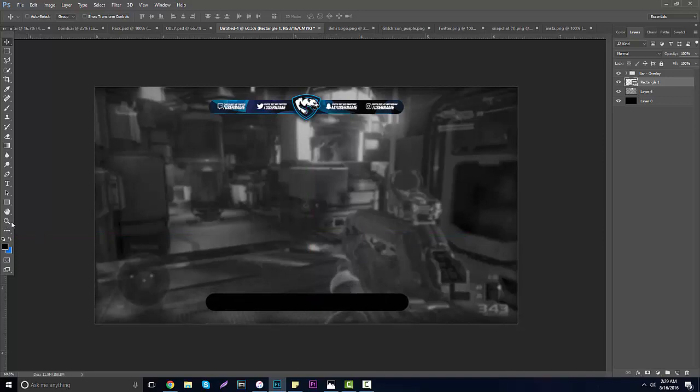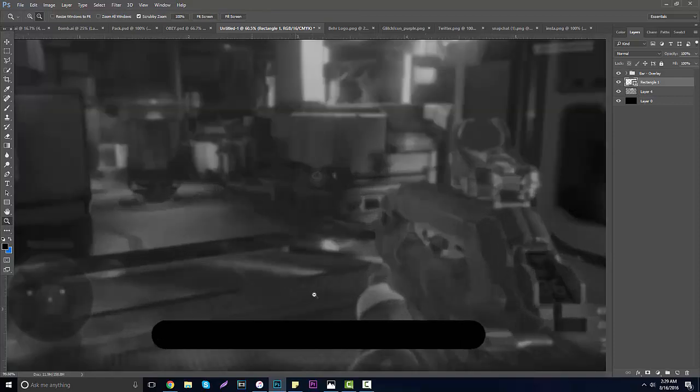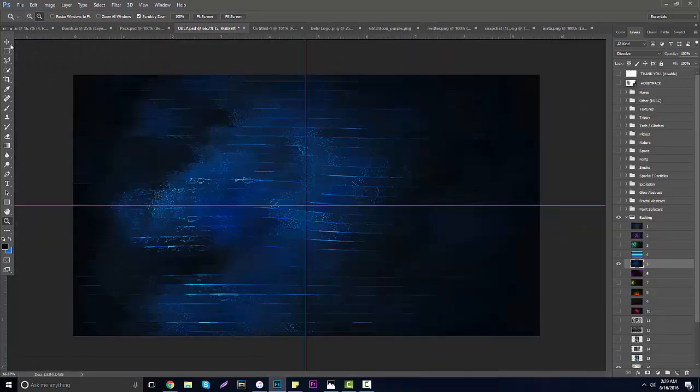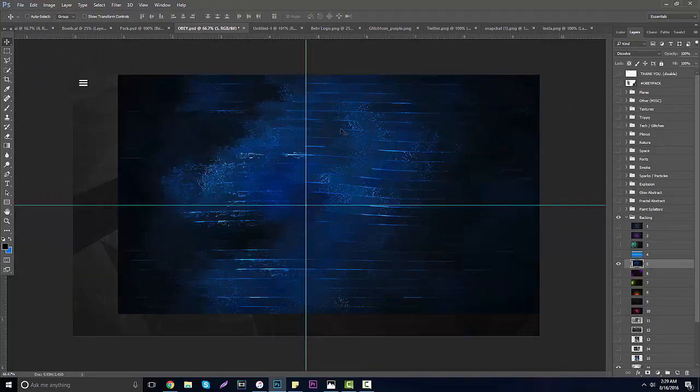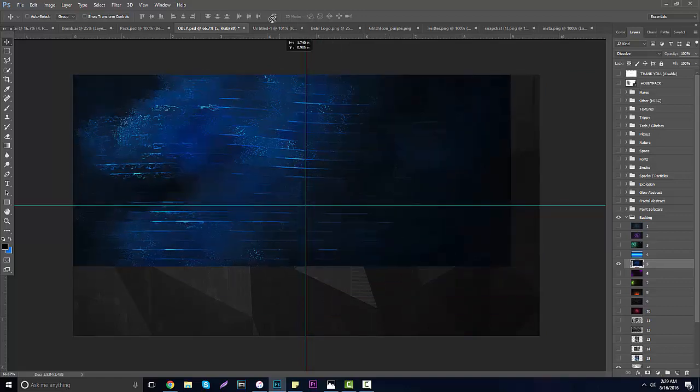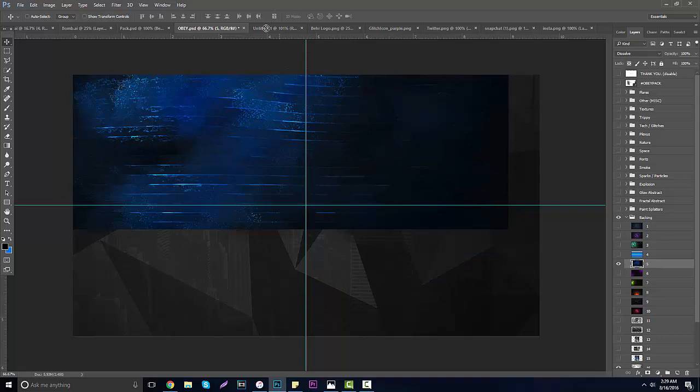So to start this off, really, you're not going to need too much. You're going to need one stock, which is going to be from this Obey pack. It's kind of just a blue glitchy stock, which we're going to be blurring, so you guys can use any kind of blue text stock. You can use any stock you ever want. This is going to be one I'm using for the tutorial because it matches kind of my logo. And you want to drag it into your